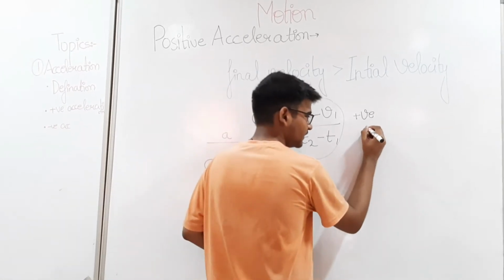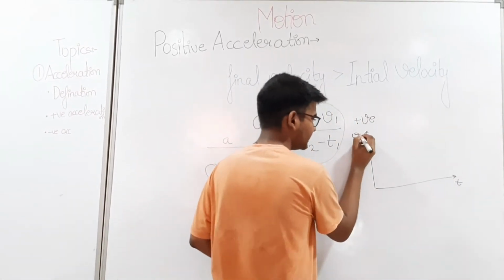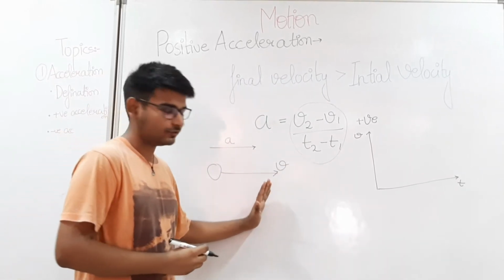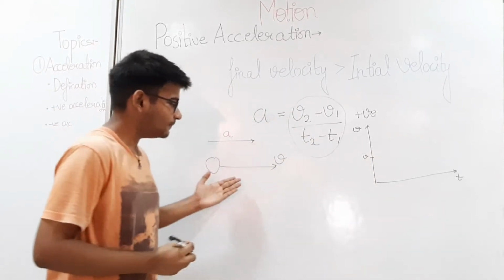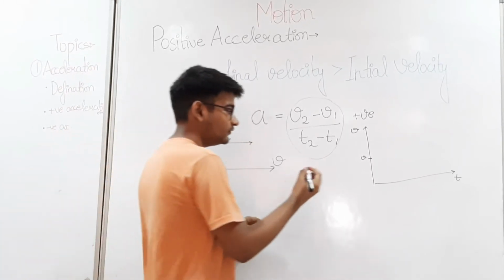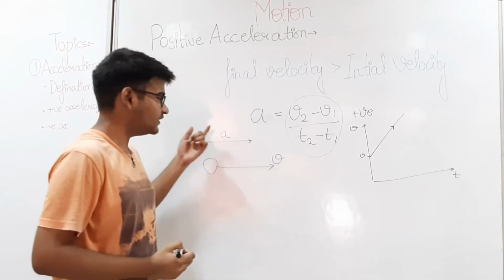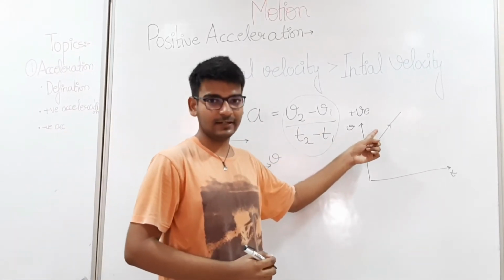If we see the velocity time graph, v versus t graph of this object, since we are applying the force, let the initial velocity be v. After applying the force, we have an acceleration of a units. So it will be an increasing graph. Since we have a uniform acceleration, this graph will be a straight line.